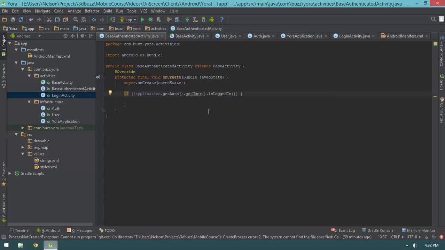getAuth is going to get our auth singleton. getUser is going to get our user DTO. And then isLoggedIn is the attribute on user that determines if we're logged in or not. Now, if we're not logged in, what are we going to do? Well, we're going to flesh this out later once we introduce our auth tokens. But for now, all we're going to do is if we're not logged in, we're going to shoot you back to the login activity. So no matter what activity gets launched, if you're not logged in, you get shot back